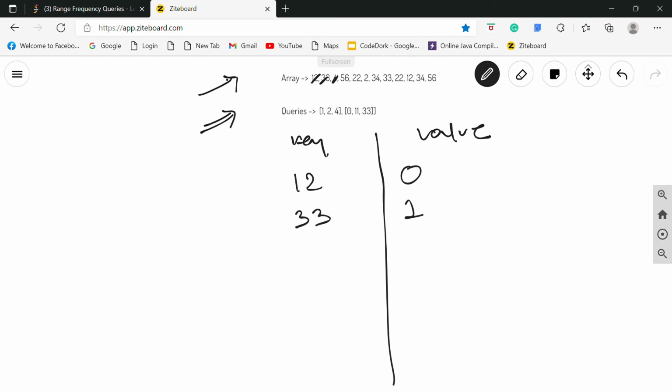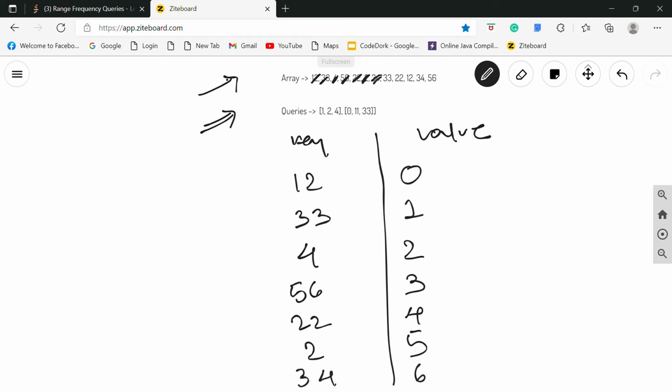Next key is 4, its index is 2. Next is 56, its index is 3. Then 22, index 4. Then 2, index 5. Then 34,